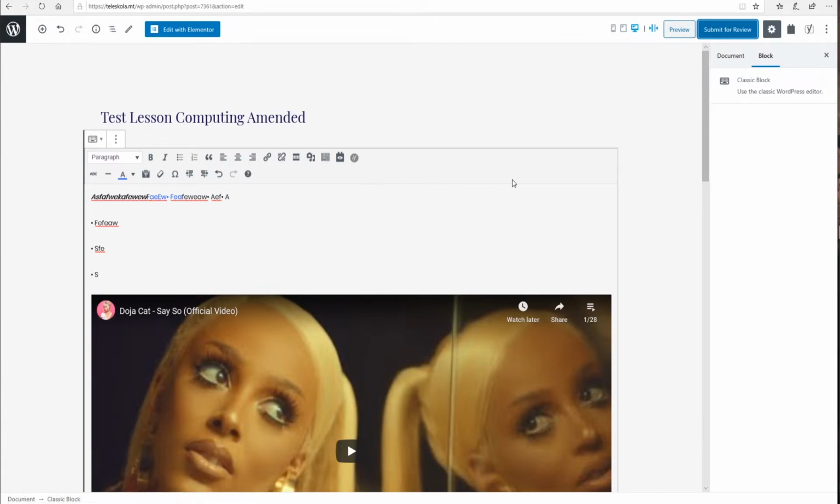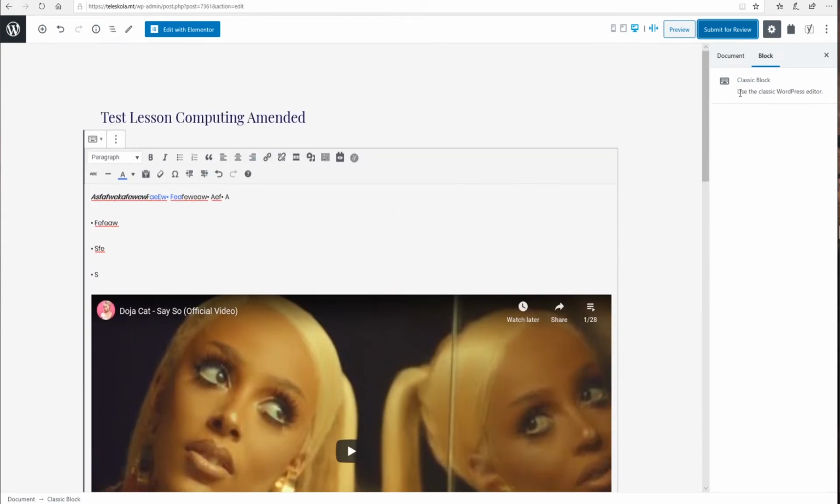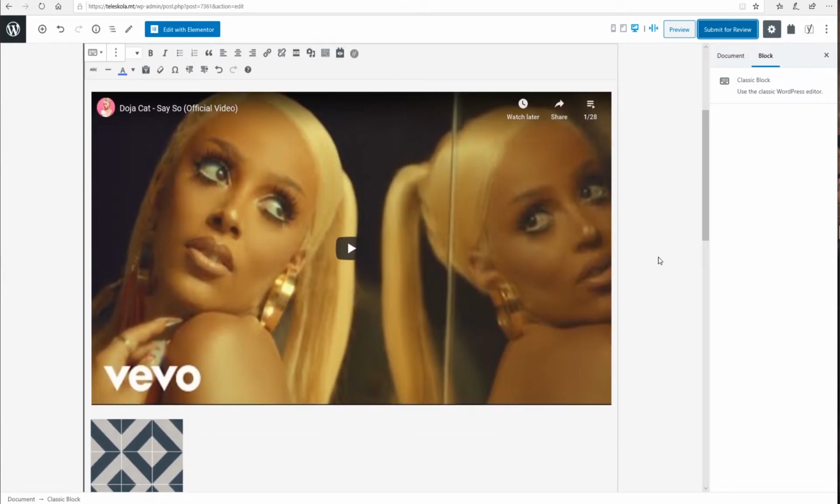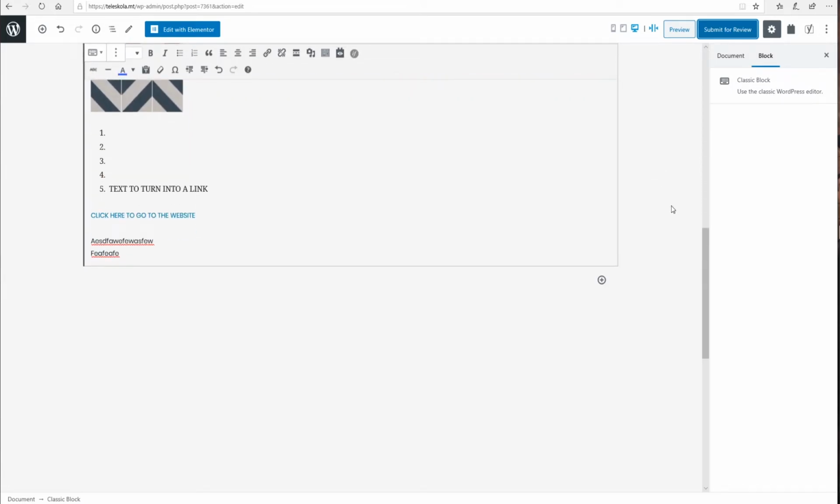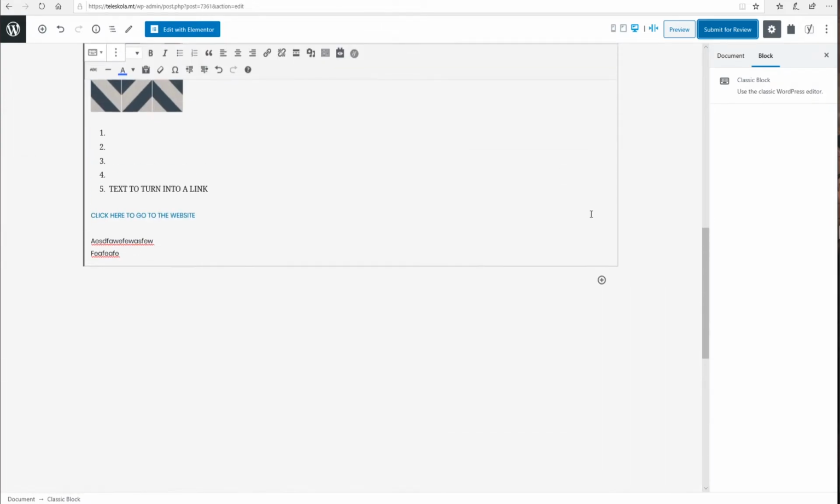So now the changes have been made, and I can go back by pressing either the W or just going back in my browser. Make sure that your changes are saved by pressing submit for review. Please also make sure that in your screens, although your access rights have been limited, there are still other options which are available